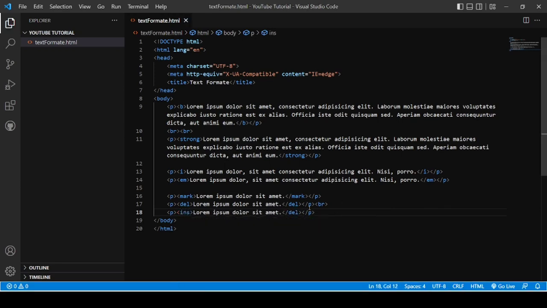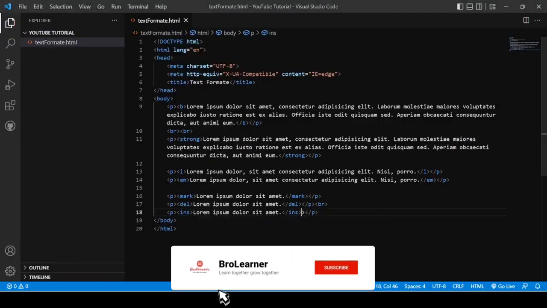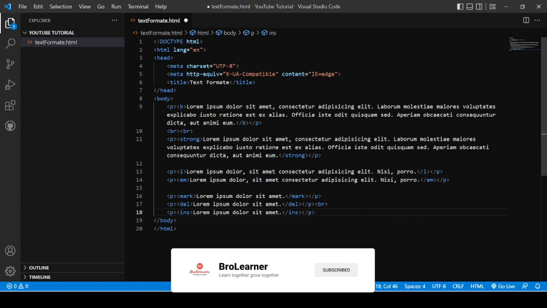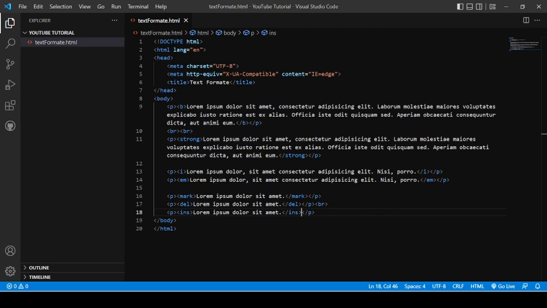This is the insert tag. Here you can see this is underlined, or maybe there is some error. There is some extra angular bracket, and here this is gone. If you want to underline some word in your HTML page, then you can use the insert tag. And after that, we are going to discuss